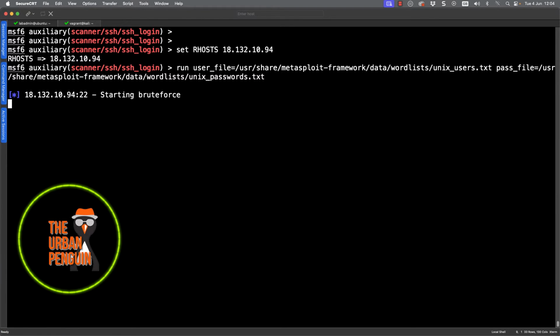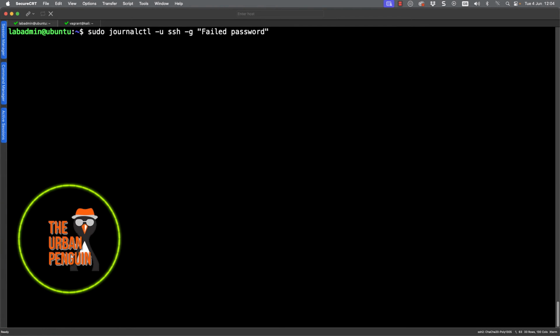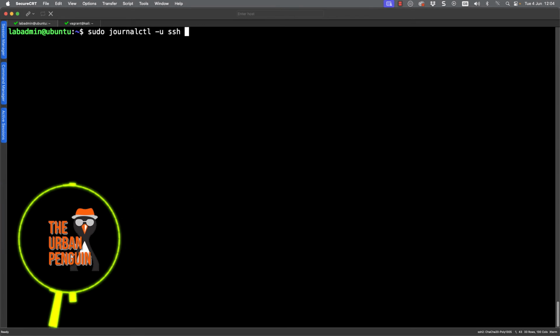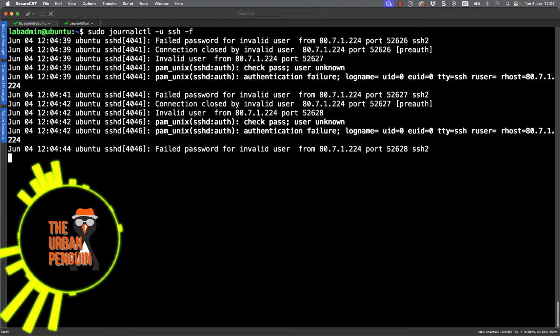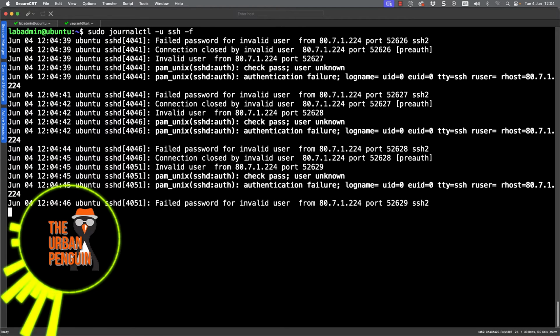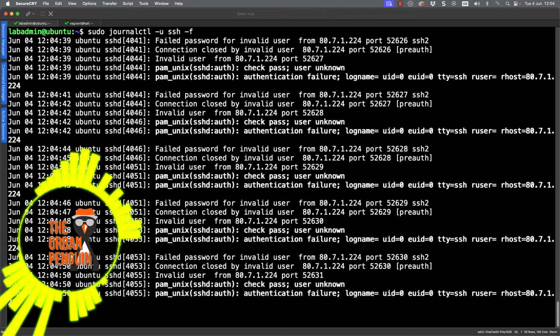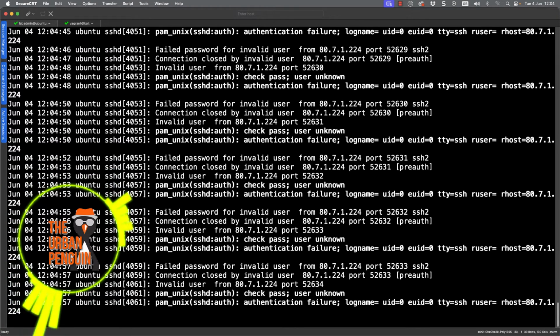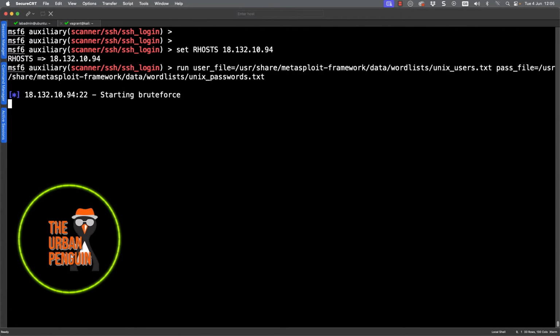Now you can see the brute force attack is starting. Well, we're trying to log in. If I go back to the Ubuntu AWS server, let's change our journalctl command to look for our unit ssh, but I can use the -f, so I am following the end of the journal log. And we can see that it's just a heap of SSH login attempts that are failing. Invalid user. So we can see that this is working. And it's this type of behavior that we want to prevent.